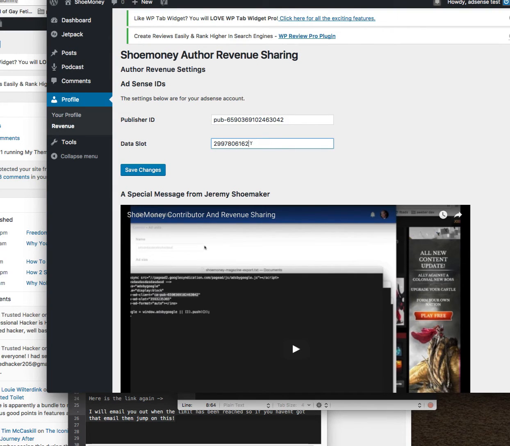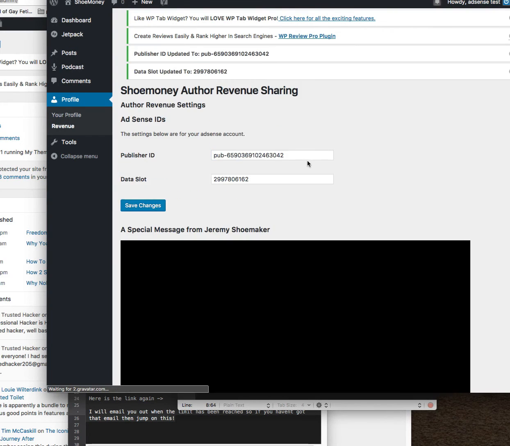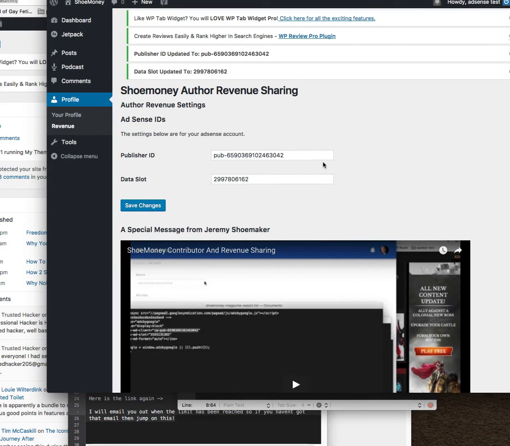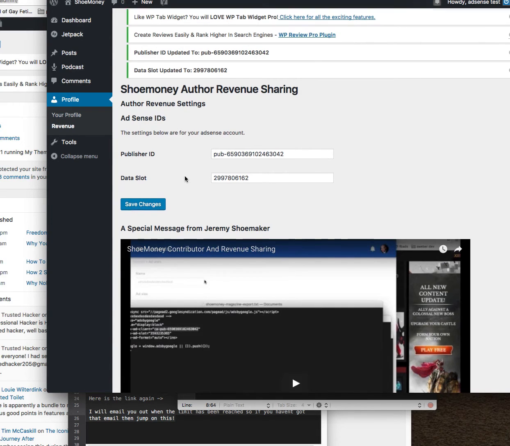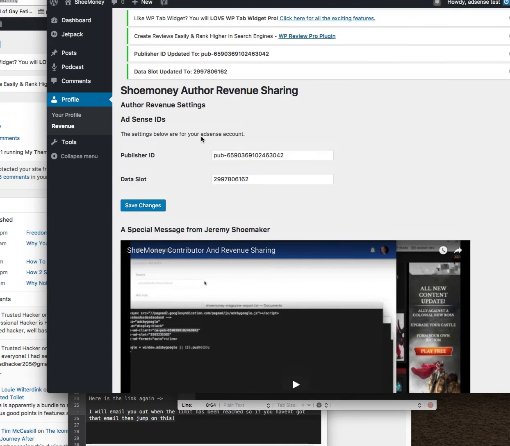Make sure there's no white space in front of it. We save it, and we are good to go. If you do the front wrong, or if there's white space, it's going to give you an error here and leave it blanked out. So you shouldn't have any problems with that. Then we are set up right there.